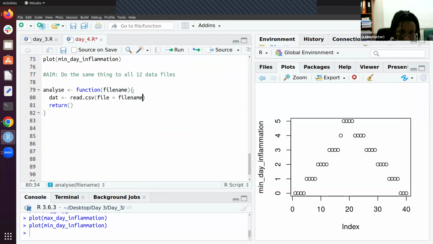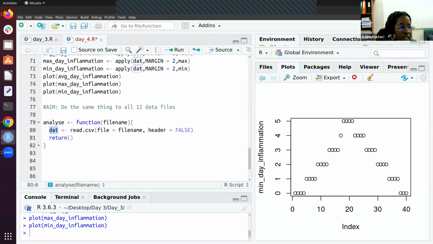So I have my file name, right? And I can also include my header. And remember that we put the header as false because in our data, we actually didn't have headers, right? So we're telling this to actually know that we don't have any headers in our data, right? So this is fine. So the file name here is a variable. So whenever I change the file name, automatically this is going to proceed. So it's going to replace the file name here, and then it's going to read it as our data,